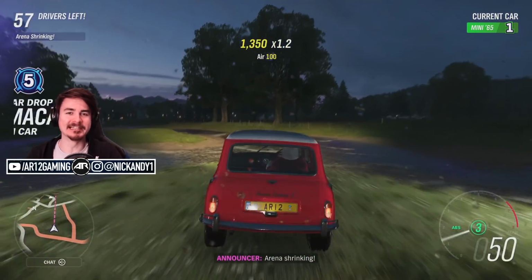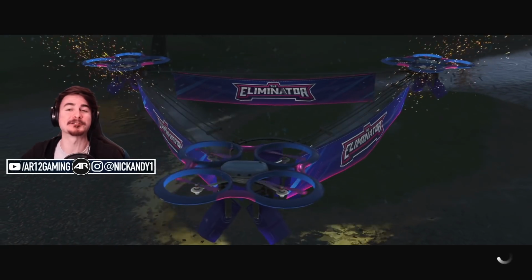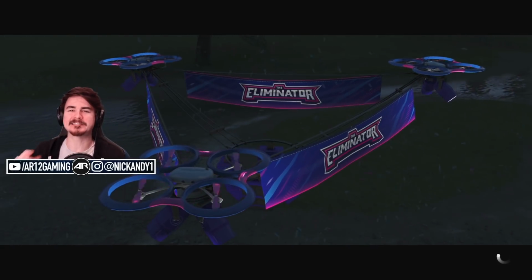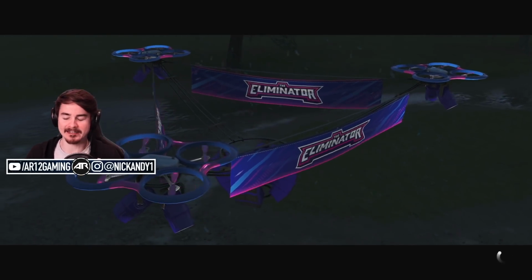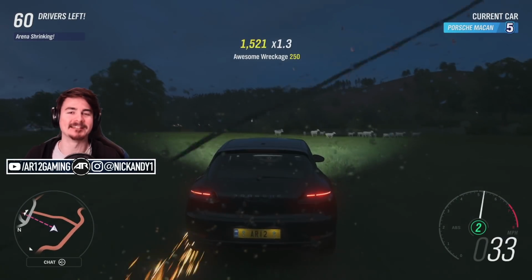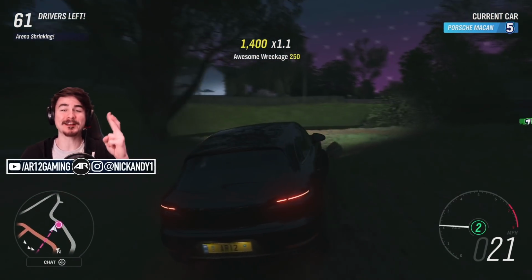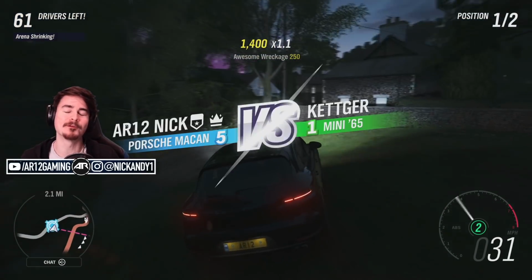Anyways, ever since the Eliminator came out for Forza Horizon 4, I've been saying in some of my videos and some of my live streams that I want to see this get added in and this get added in. So I was like, why don't we compile a list of all of the best ideas for the Eliminator and put them in a video today, and cross fingers that maybe we could see some of these get added in